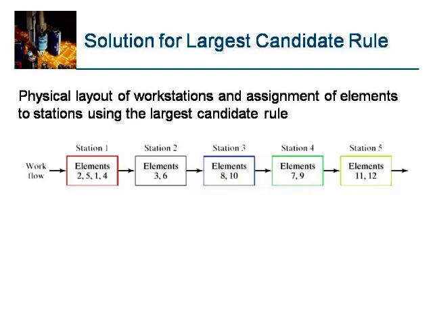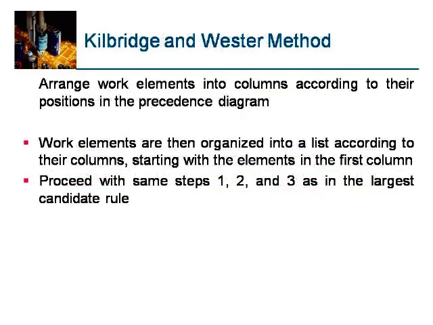The station 1 elements are now 2, 5, 1, 4, station 2 elements 3, 6, and station 3 elements 8, 10, station 4 elements 7, 9 are assigned, and elements 11, 12 are assigned to station 5. That's how the physical layout of workstations and assignment of work elements to the stations is done according to the largest candidate rule. If you see here, the elemental time at each station is supposed to be equal to 1, but it is not because of this